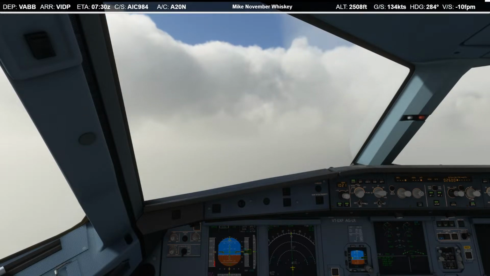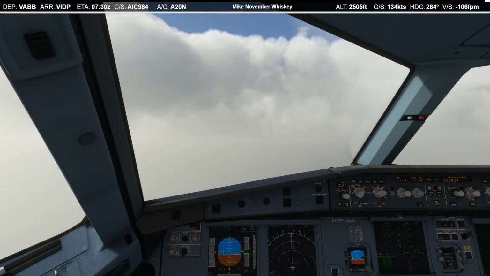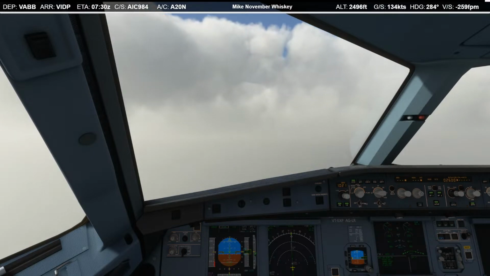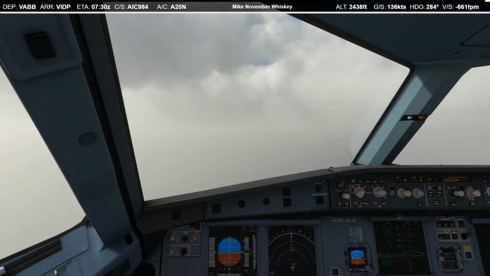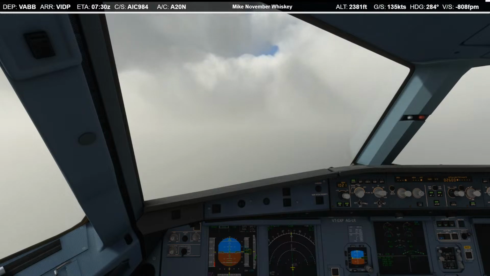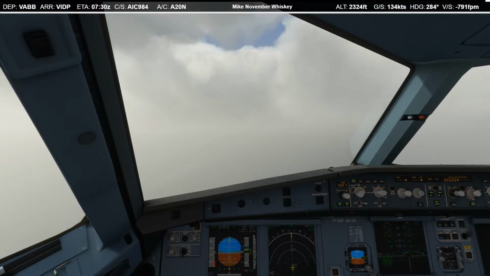Glide slope star. Glide slope. There's glide slope. All right.